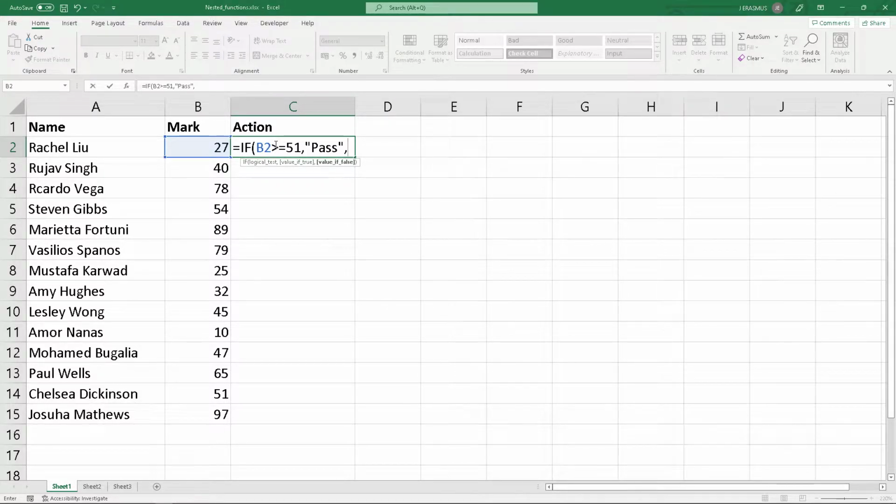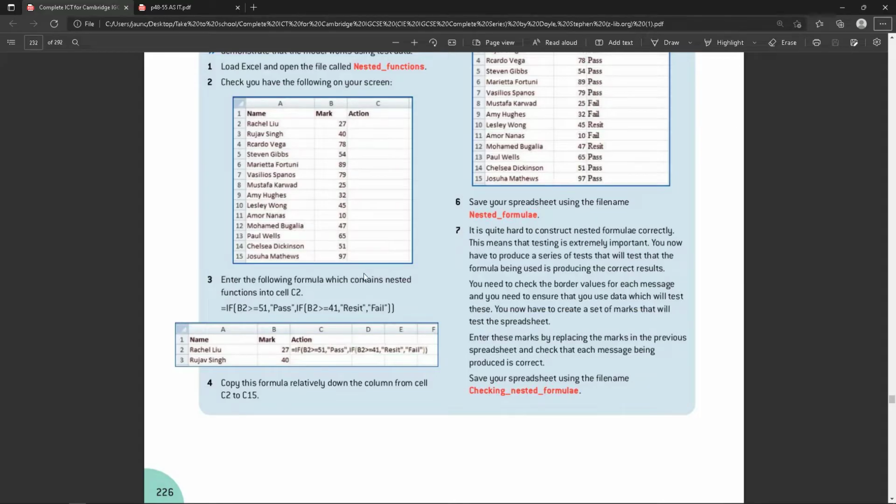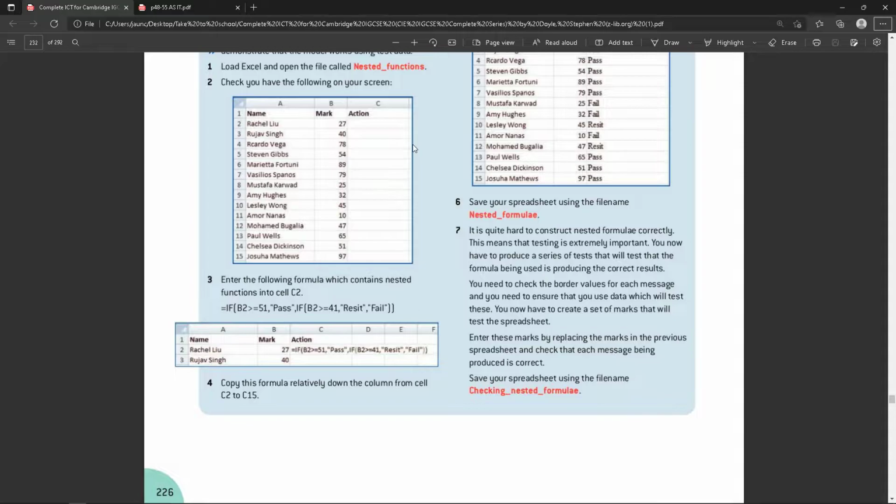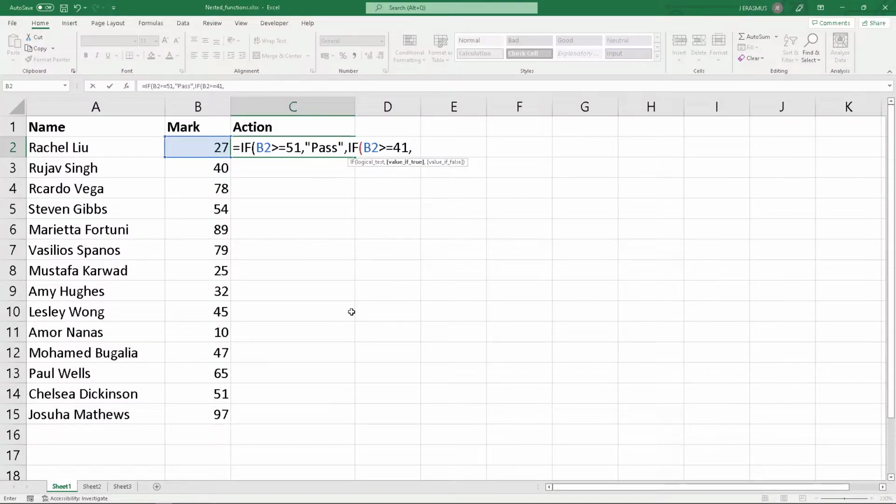Now we're going to tell it. Since they didn't pass, let's do another test. Let's test if that value is greater than or equal to 41. So we type in the IF. The logical test now is to see if this value here is greater than or equal to 41. So basically at this stage we're saying if it's between 40 and 51, we're testing and seeing what happens if that happens. So we say resit,